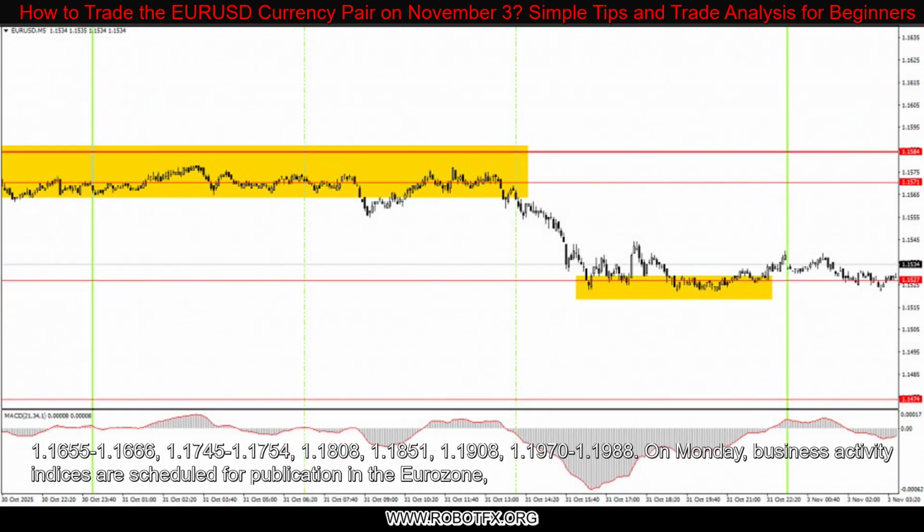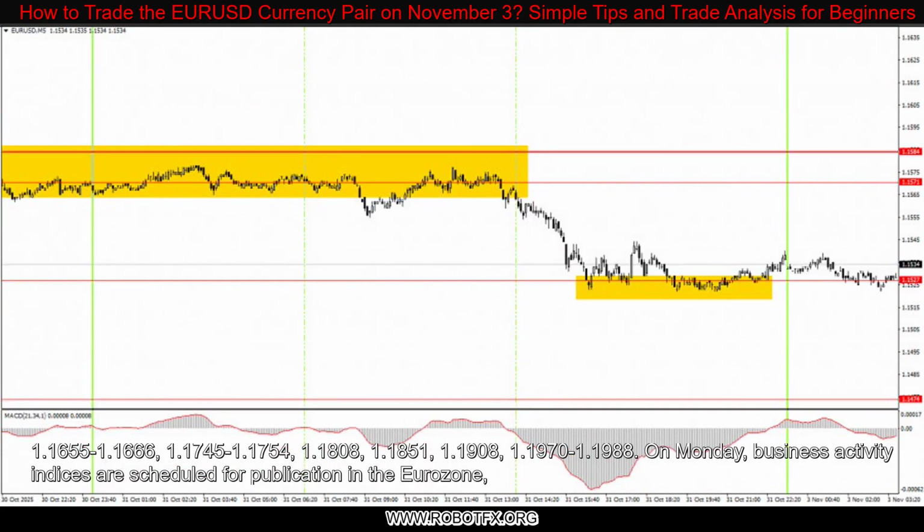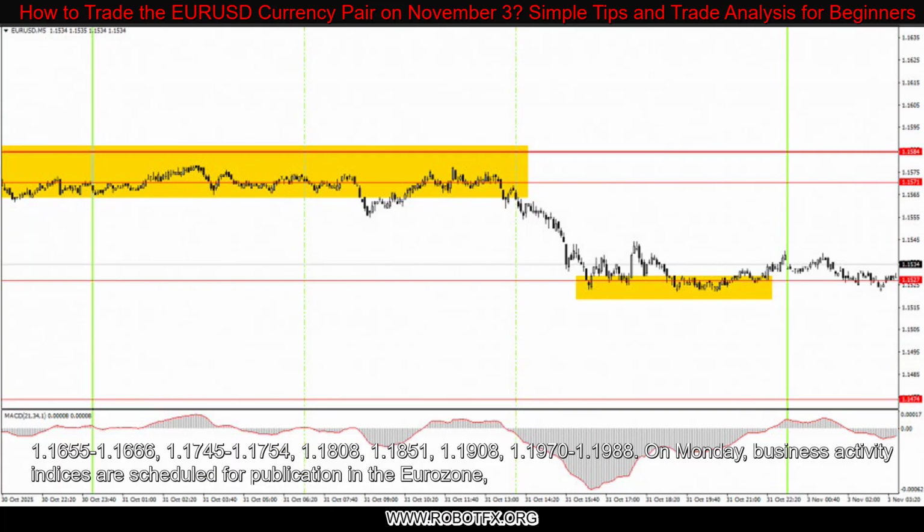1.1354-1.1363, 1.1413, 1.1455-1.1474, 1.1527, 1.1571-1.1584, 1.1655-1.1666, 1.1745-1.1754, 1.1808, 1.1851, 1.1908,